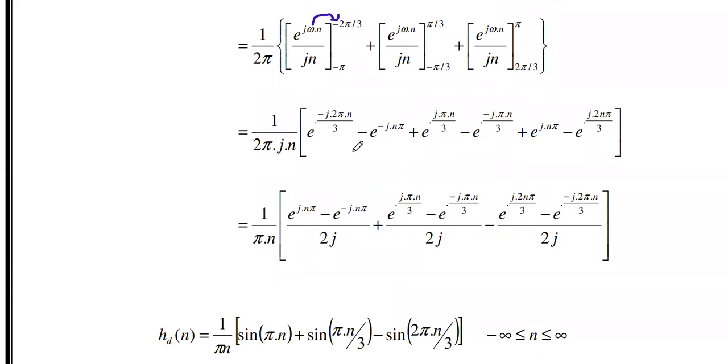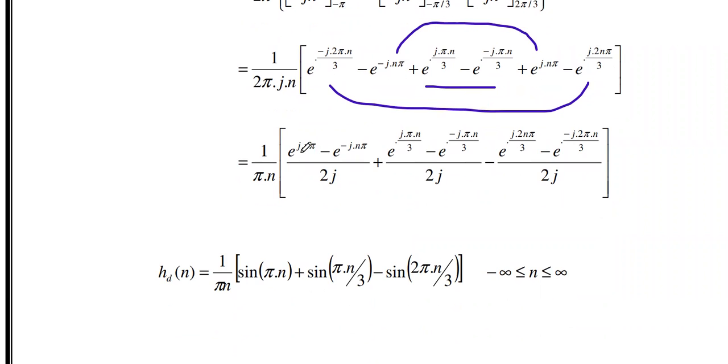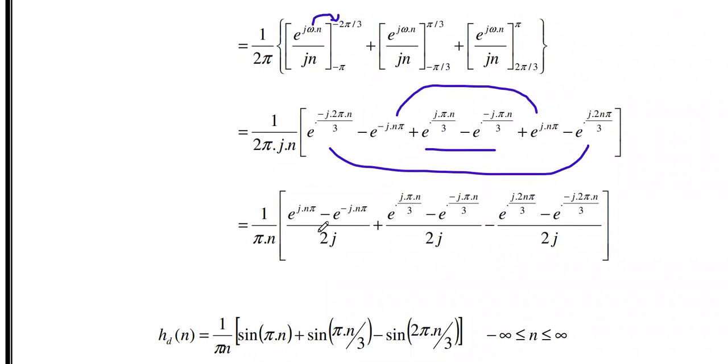You see these terms, two terms we have to combine, in the structure e power j theta, e power minus j theta. Similarly, you combine these two terms, e power j n pi and e power minus j n pi. Similarly, you combine e power j 2n pi by 3 and e power minus j 2n pi by 3. First we write down this pi term: e power jn pi minus e power minus jn pi divided by 2j. So you give this 2j inside.